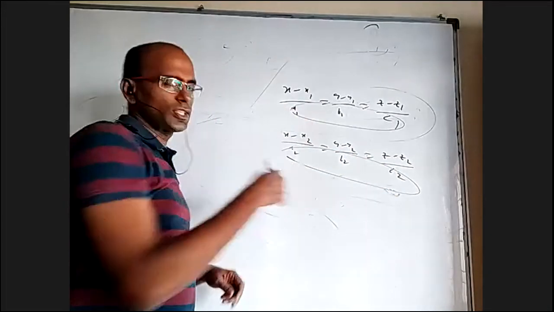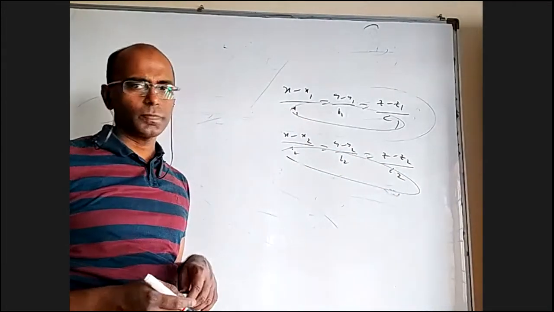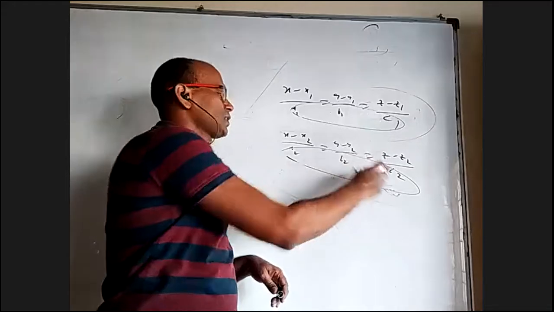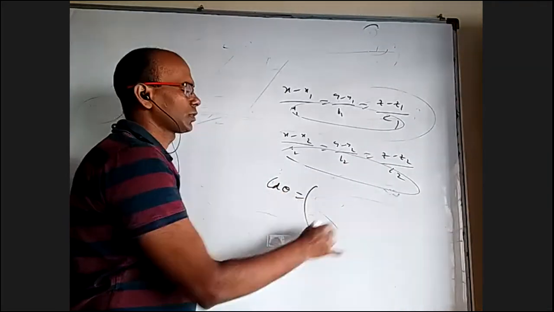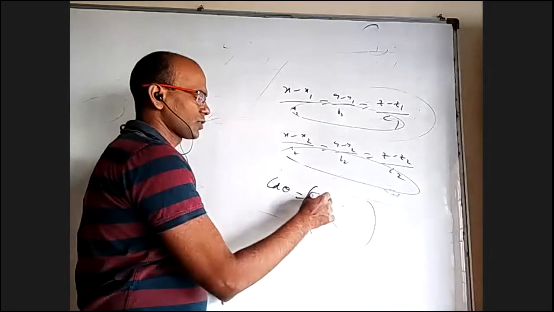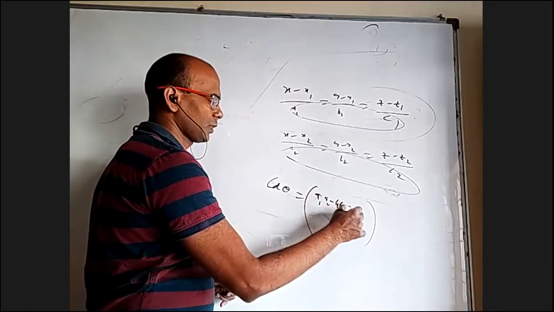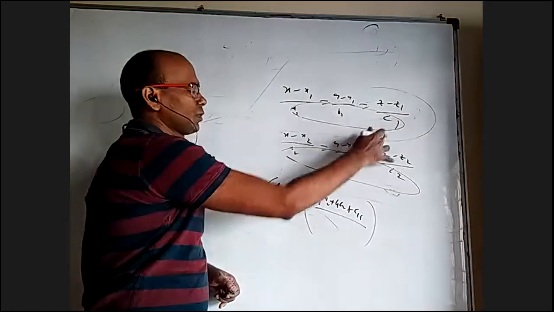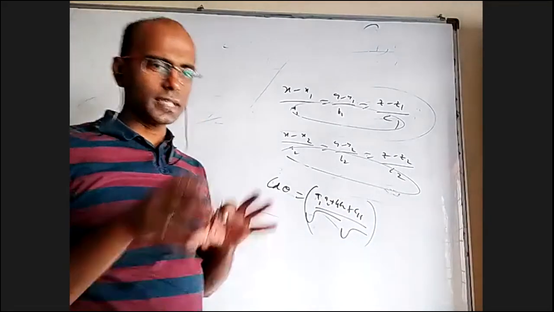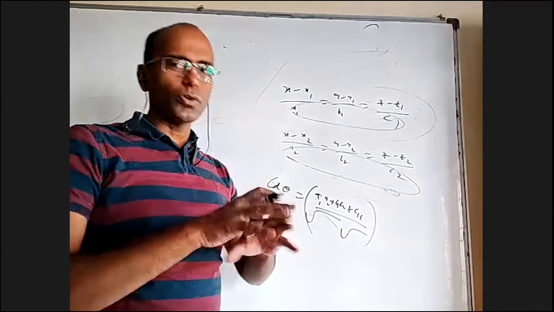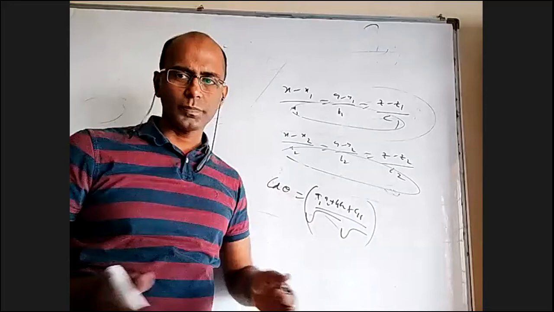If their dot product is 0, then they're perpendicular lines. If this by this is equal to this by this is equal to this by this, they're parallel lines. And if you want the angle between these 2 lines, it will be cos theta equal to this dot product, which is (a1a2 + b1b2 + c1c2) by root over all these things squared, root over all these things squared. Same thing. If you understand vectors and 3D are the same, I don't have to tell anything twice. Everything is covered.